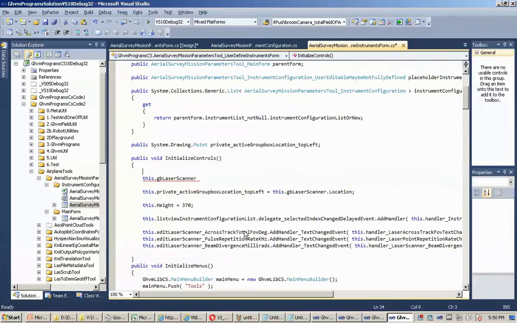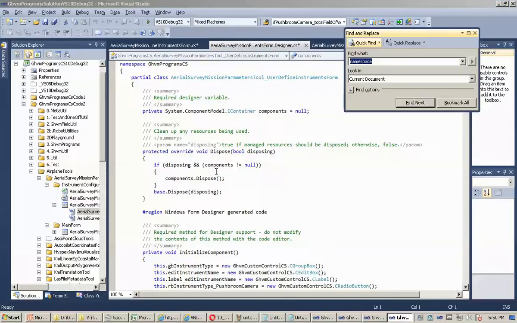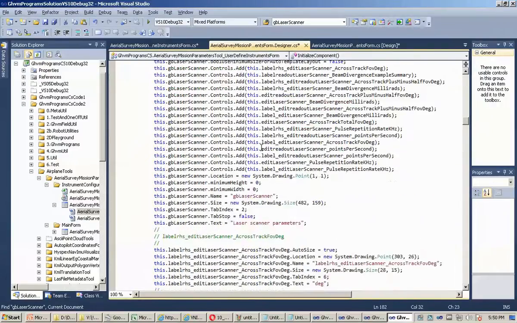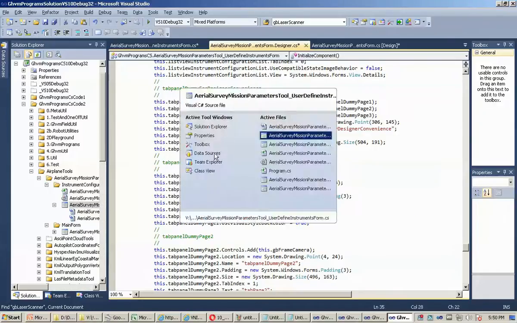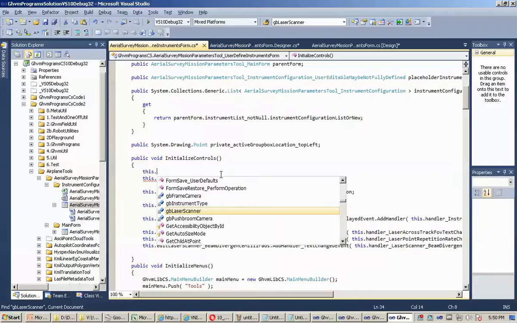So if I look at the designer, this is probably getting added as a child of the tab. Just skip down here. So yeah, this tab page is owning this laser scanner. Otherwise it would have been a control group box. Otherwise it would have been a control right off the main form, and that's what I'm gonna put it back as, assuming this works. So this, the tab page,